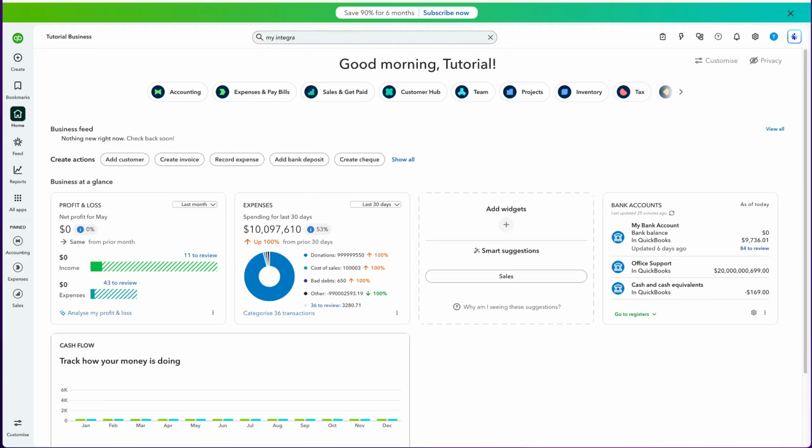In today's video, I'm going to teach you how to print a bank reconciliation in QuickBooks Online. Whether you're reconciling your business accounts or preparing financial records, being able to print a bank reconciliation is an essential skill for maintaining accurate records. QuickBooks Online makes this process straightforward, but there are a few steps to follow to ensure everything is accurate and formatted correctly. By the end of this tutorial, you'll know exactly how to generate and print your reconciliation report with